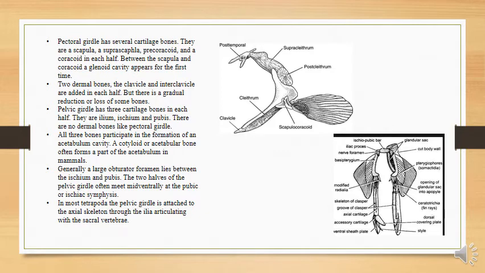They are a scapula, suprascapula, precoracoid and a coracoid in each half. Between the scapula and coracoid, a glenoid cavity appears for the first time. Two dermal bones, the clavicle and interclavicle, are added in each half, but there is a gradual reduction or loss